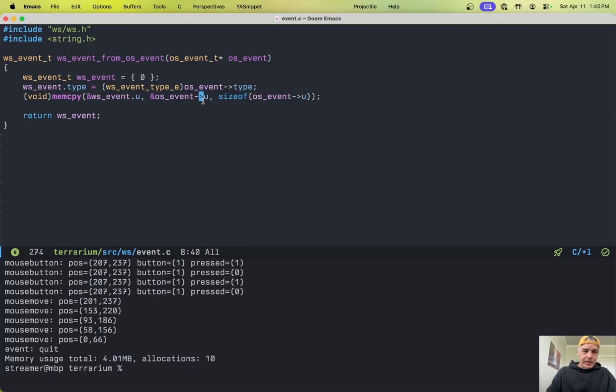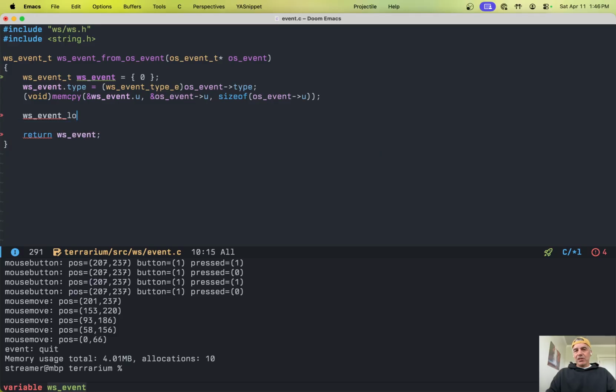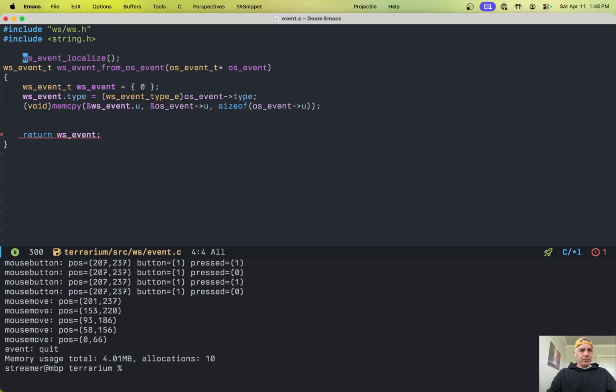Although ours wouldn't change much from this function signature. But we did copy it. But we need a WS event localize. Is that a word? I mean, I know it's a word, but